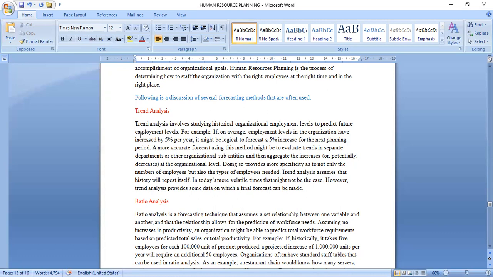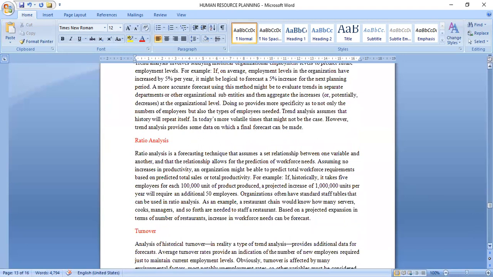So definitely you will use that trend, because the trend analysis believes that history repeats itself. As the human resource manager or department, you'll be able to use that trend and predict that every year that comes in, you'll have to increase the laborers by 5%. So that is what we call trend analysis, which is an approach of forecasting.